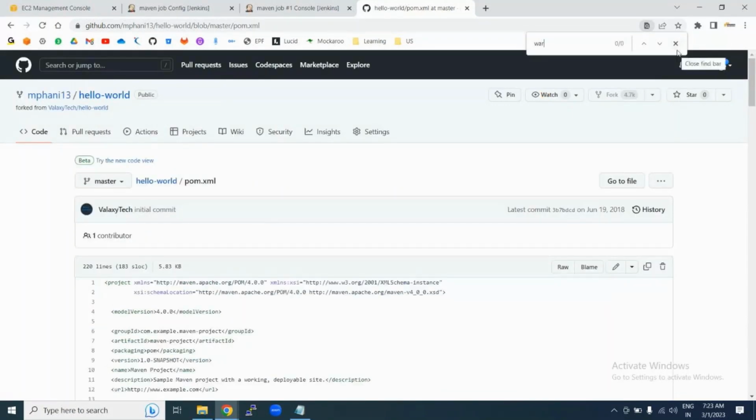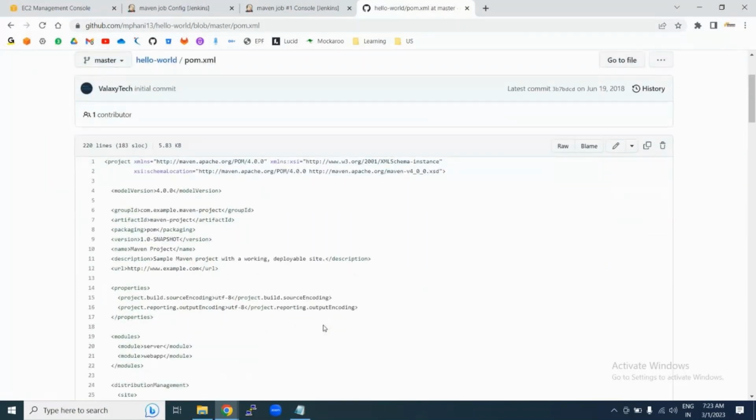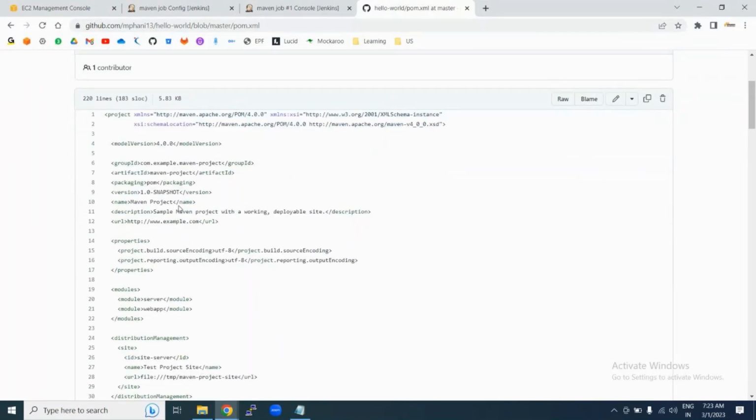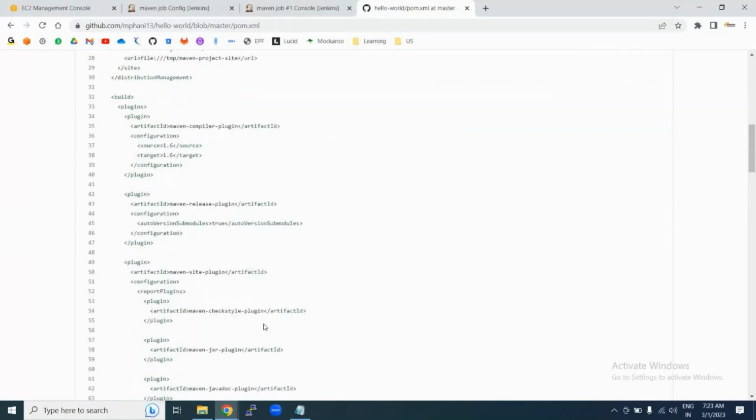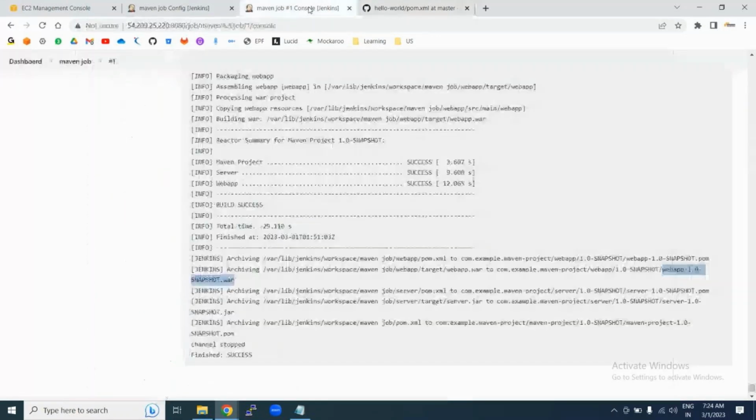I think if it doesn't define also, by default, it will prepare all the versions. But here you can see what name of that particular war file, the name that you want. So 1.0 version, what version that you want, you can define it over here. Okay, so this is how you can integrate some Maven repositories, and you can execute your related